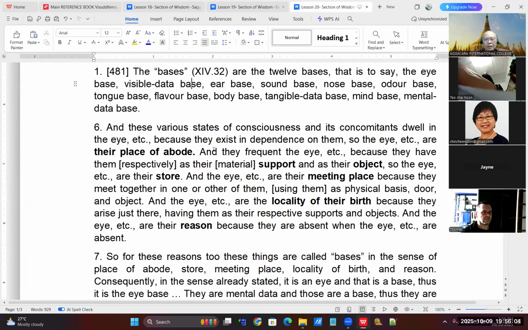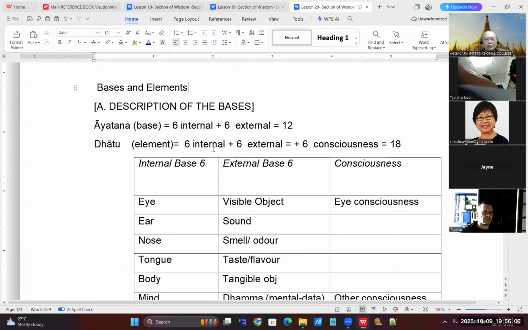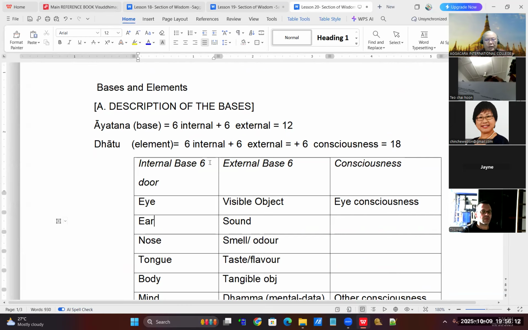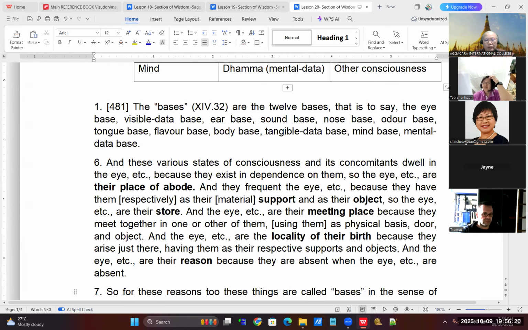So you have the place here. Now, when we say this one, sometimes we call it base. That's another way. Sometimes we call it door. In Abhidhamma, we call it dwara. So sometimes we call it six door or six base. Sometimes, like just now, you said another one, we can call it